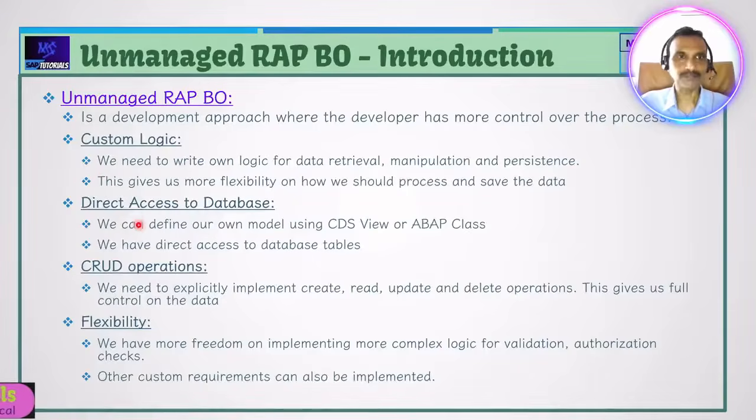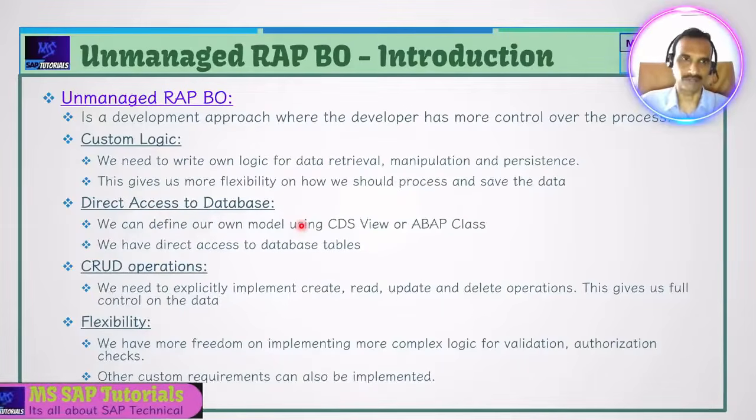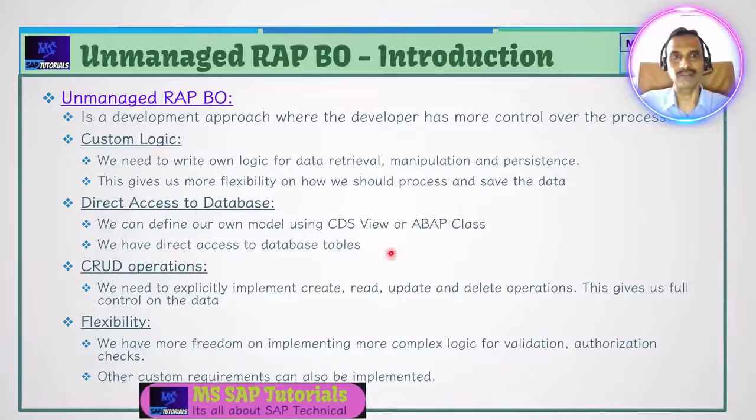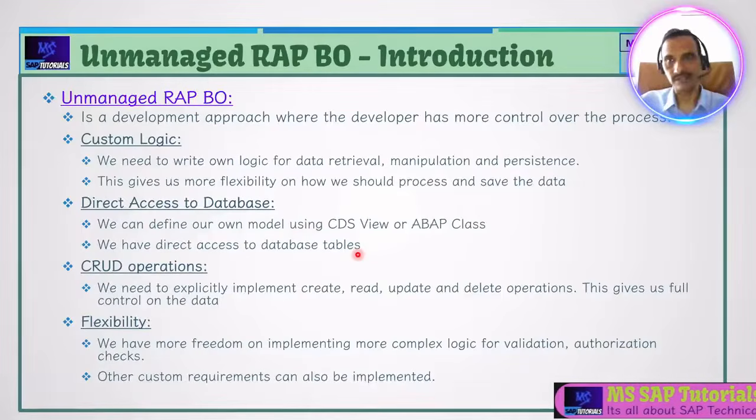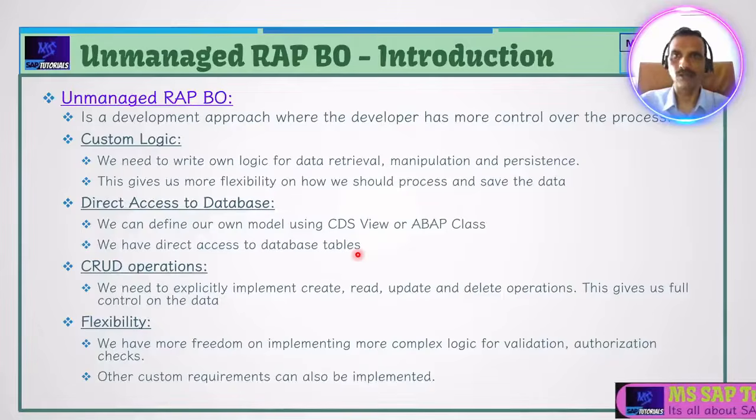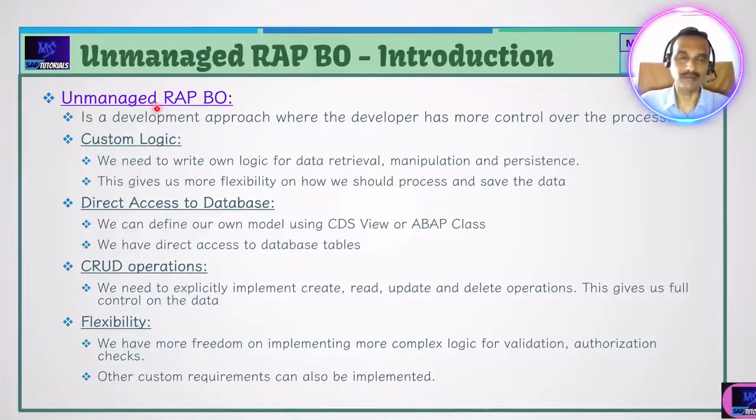and how we can save the data. It also gives us a direct access to the database, and hence we can define our own CDS model the way we want. And we have a direct access to database tables. We can directly go and insert, update, and delete, right? All these operations we can do on the database by ourselves. That is where the RAP unmanaged